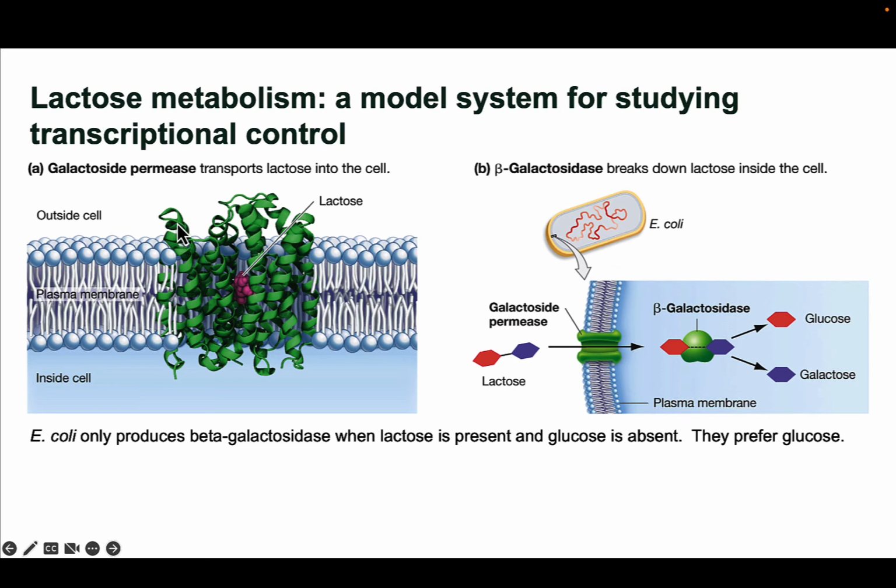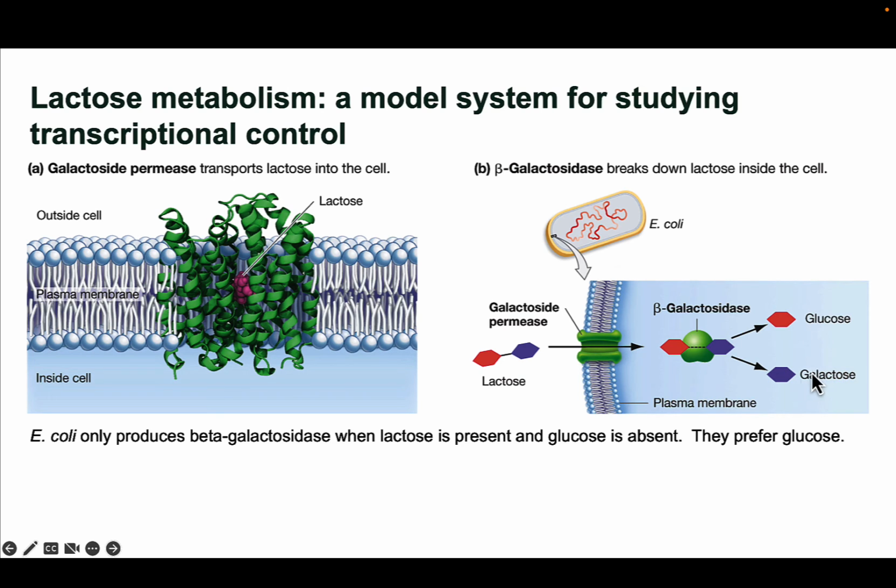So the first thing that happens is that there's a membrane receptor in E. coli that's called galactosidase permease. So there's this receptor. It's made of mostly alpha helices that pass through the membrane, and it's got a binding pocket for lactose to come through. Okay, and that's depicted right here as well. So lactose is a disaccharide made of a glucose forming a glycosidic linkage with galactose, and it's brought in via this galactosidase permease. Once in the cell, an enzyme called beta-galactosidase cleaves that glycosidic linkage, and it releases glucose and